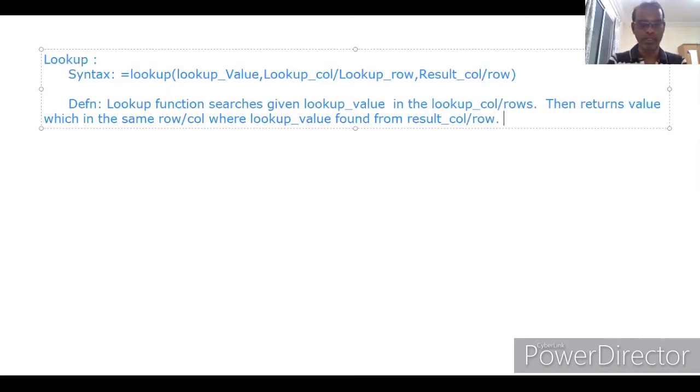The main drawback is that the lookup column or lookup row should be in ascending order.